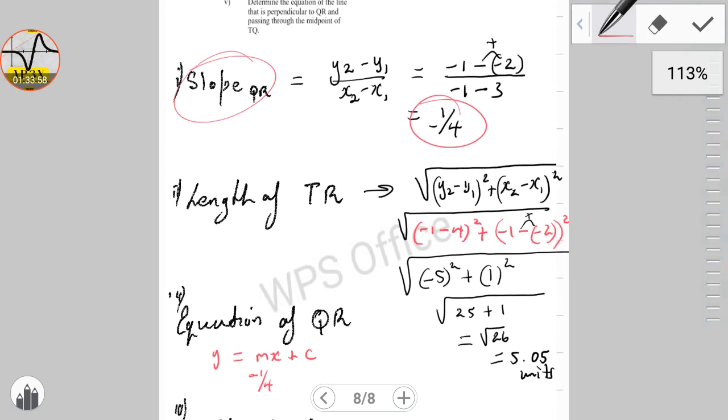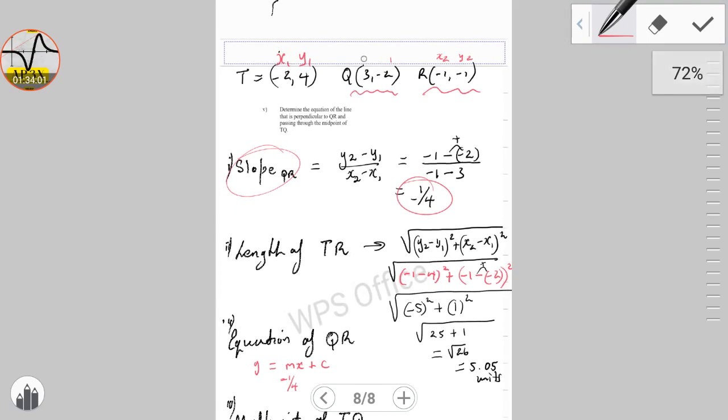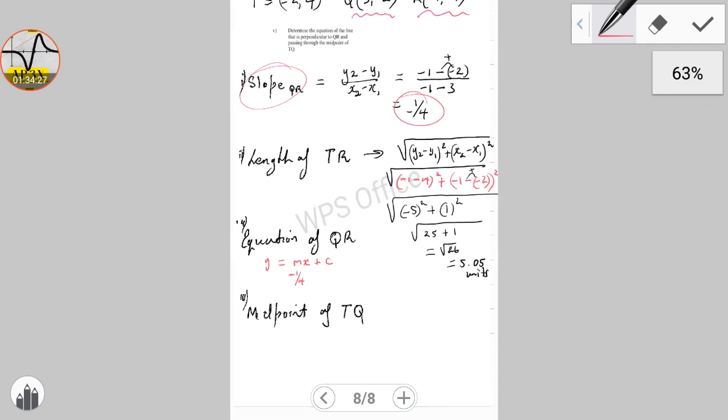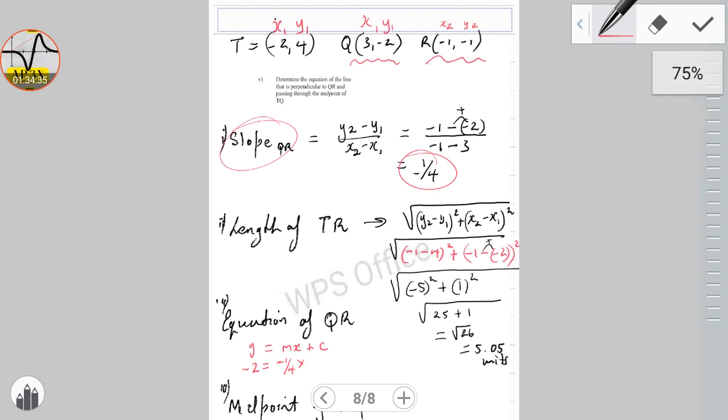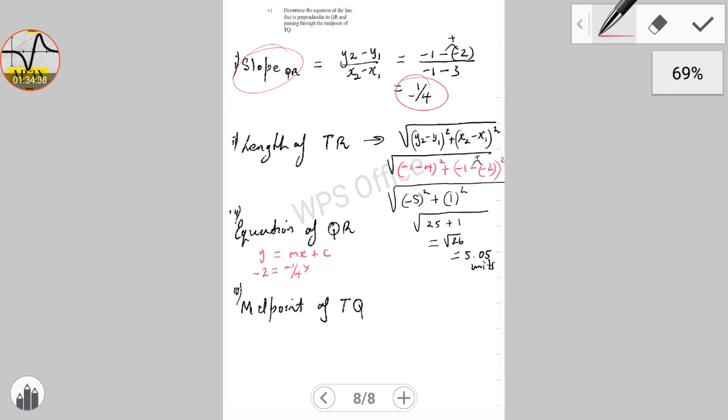Obviously we're looking for the equation, so we're going to be using either the point Q or the point R. I don't like using negatives, as you would already have seen from my earlier explanation about avoiding negative numbers. I am going to just use 3 and minus 2 as my x and my y. Remember that every point is always going to be x comma y. So y is going to be minus 2. And that's equal to m, which we know already is minus a quarter, multiplied by x, which we now know is 3